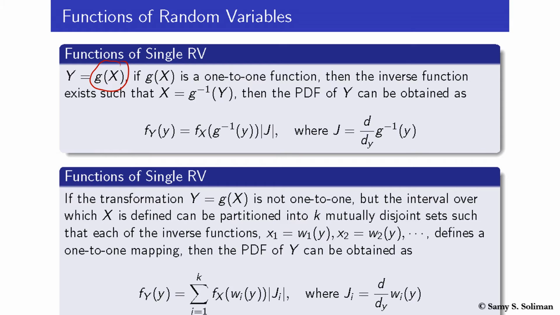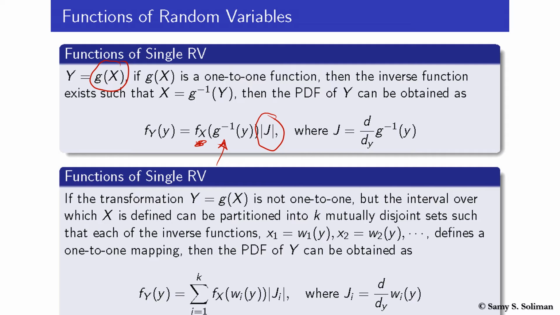Then the PDF of y can be obtained as the probability density function of x, but we substitute for each x with the corresponding inverse function of y. However, the added part here in the case of continuous random variables is that we multiply by this term, which we call the Jacobian. And the Jacobian is the derivative of x with respect to y, or the derivative of g inverse of y with respect to y. This Jacobian exists here only in the case of the continuous random variable,